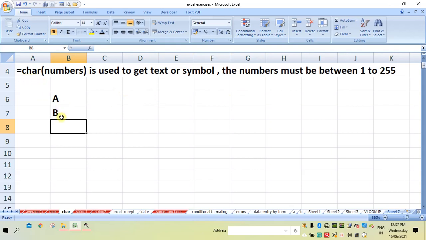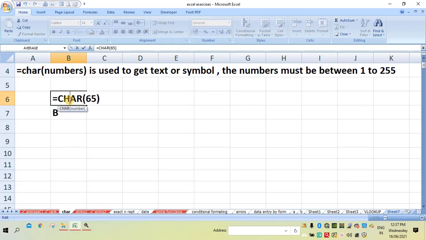But one thing, once again I am telling you, the number whatever we are writing here is between 1 and 255.